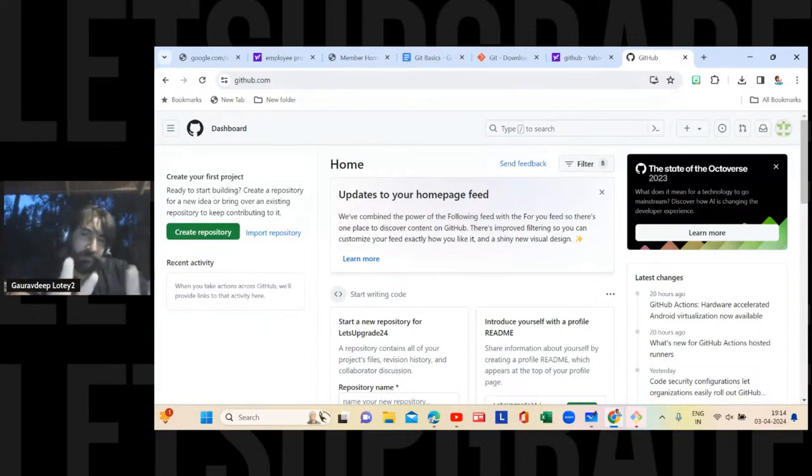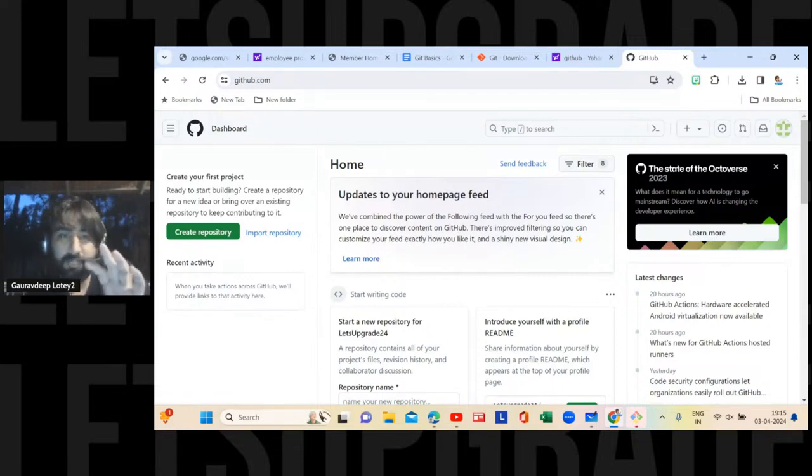I'll explain what both of these terms mean. Import a repository means that if you remember, on day one we created our own repositories. Those were created locally. They were not created using any software like GitHub or GitLab. Those were available in our local storage. So now, if you want to get online and come to GitHub, you can import repositories from there. Not only that, if you were earlier using GitLab or Bitbucket,